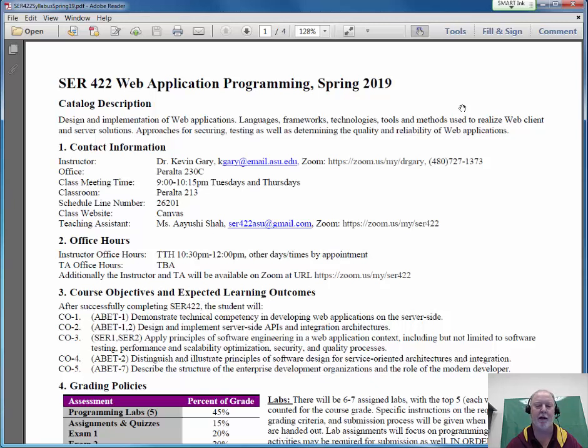This course is about web applications, languages, frameworks, technologies, tools, and methods used to realize web client and server solutions, approaches for securing, testing, as well as determining the quality and reliability of web applications. In reality, to me, what this course is really about, the theme I use in this course, if you will, is server-side APIs and integration, services-oriented